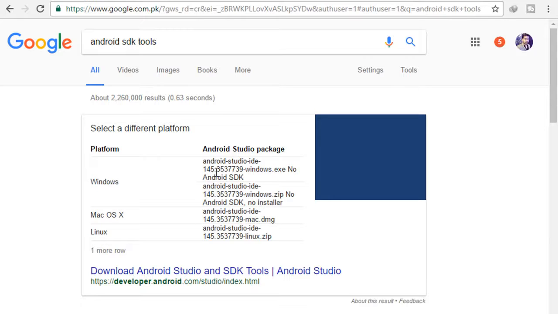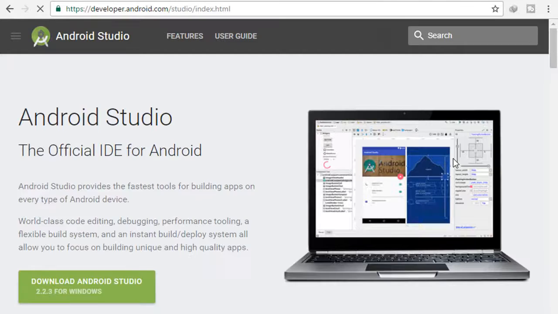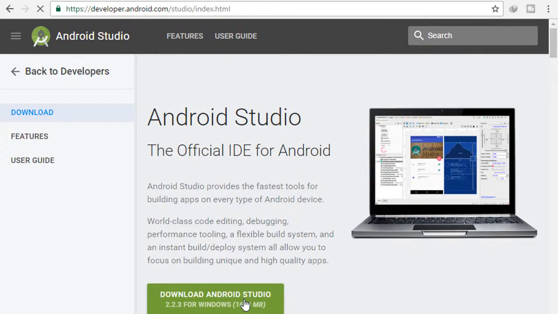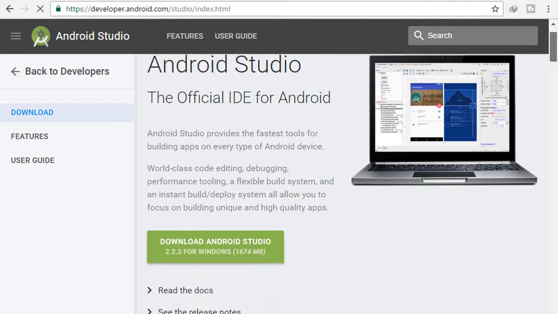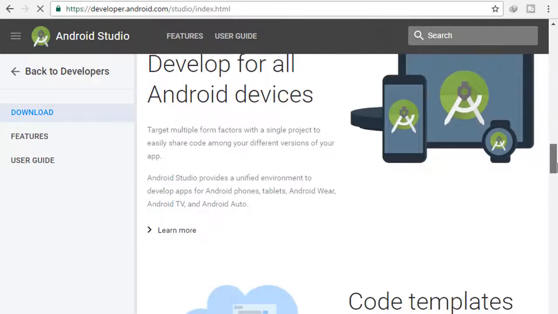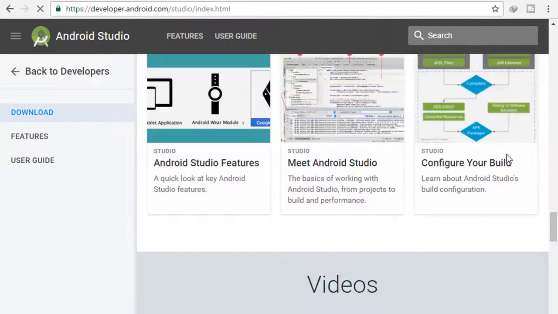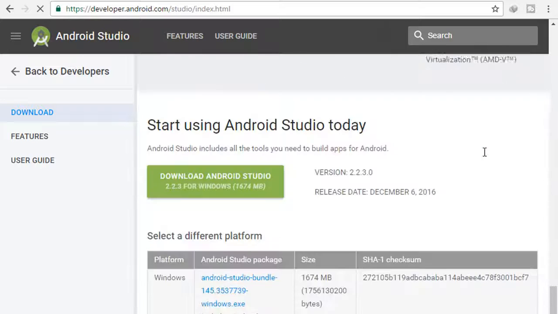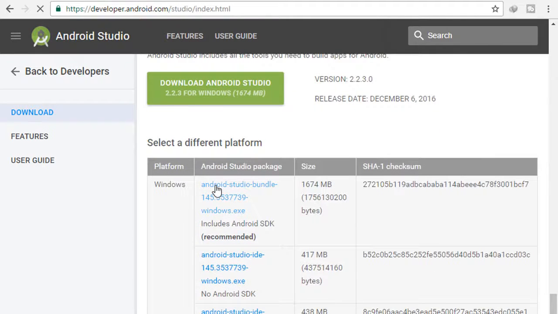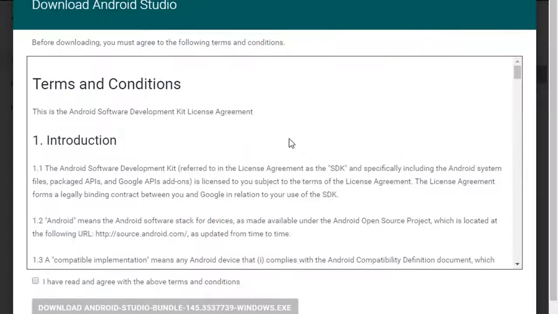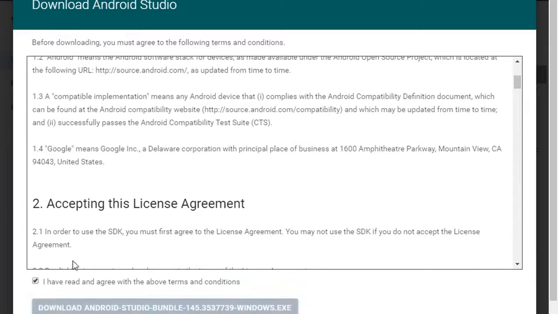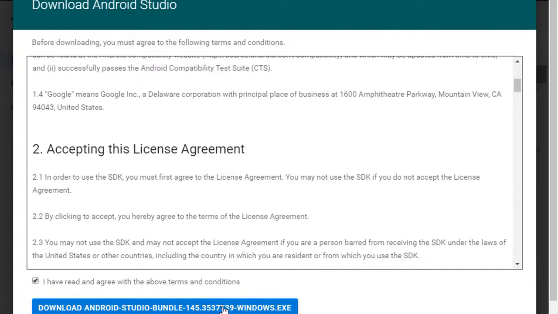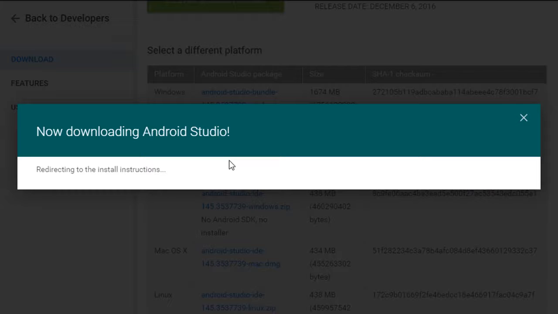After the website is showing, go to developer.android.com and download Android Studio. Click here and download the Android Studio bundle. Now the downloading starts.